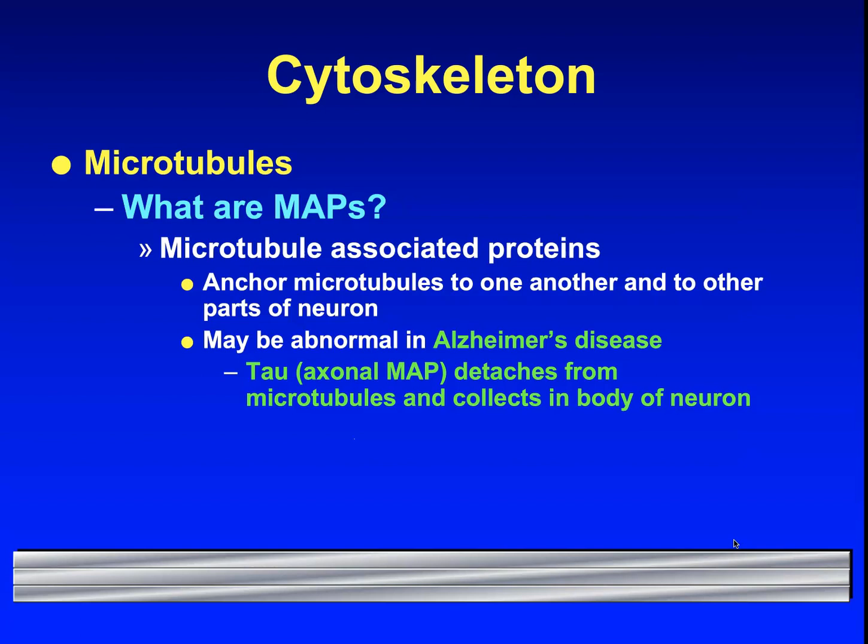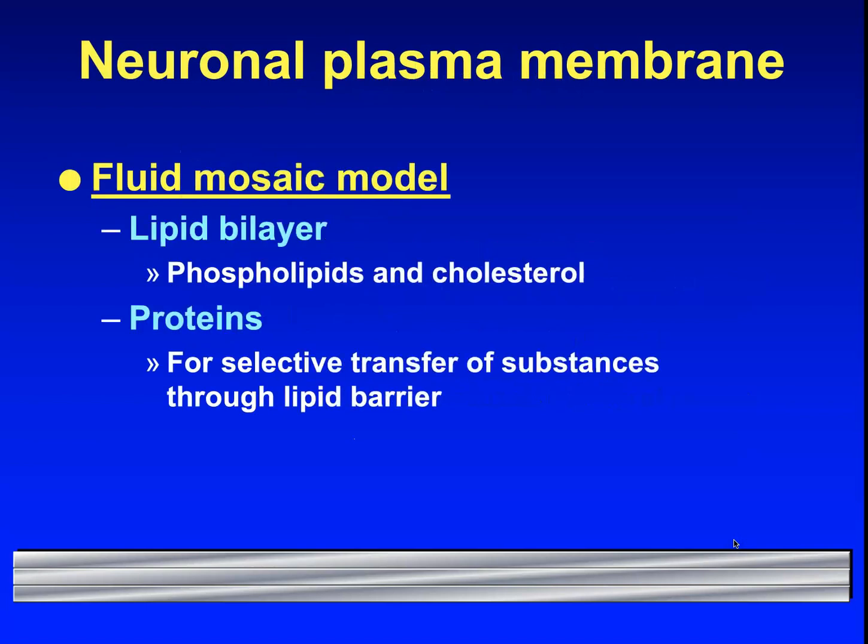All right, they're important. The microtubules are important for structure, rigidity of the axon, and transport of materials, and materials can go in both directions. The end. We're good. All right, what I'm going to close out this video with is the plasma membrane. Stuff we need to know about the plasma membrane to understand